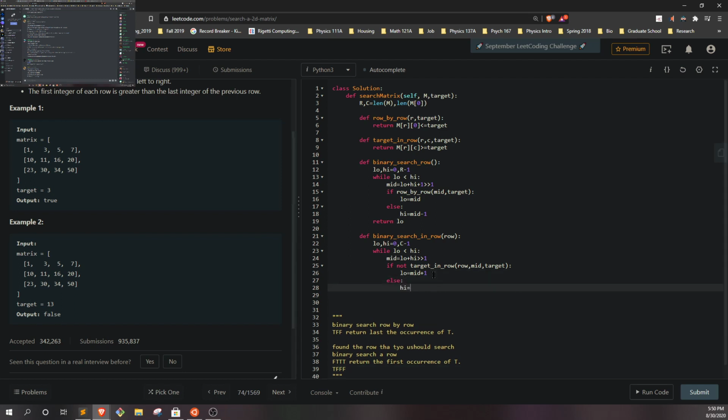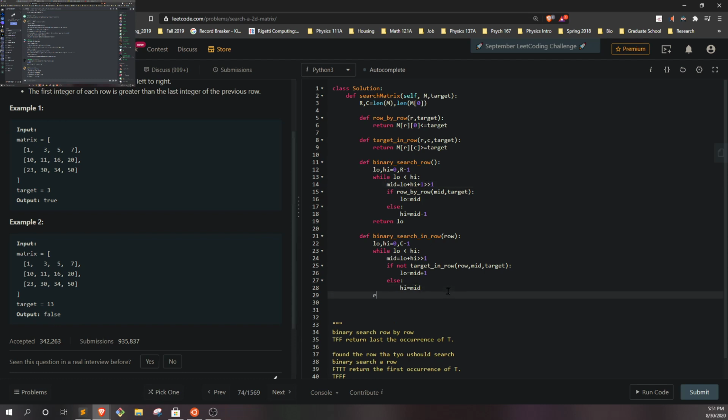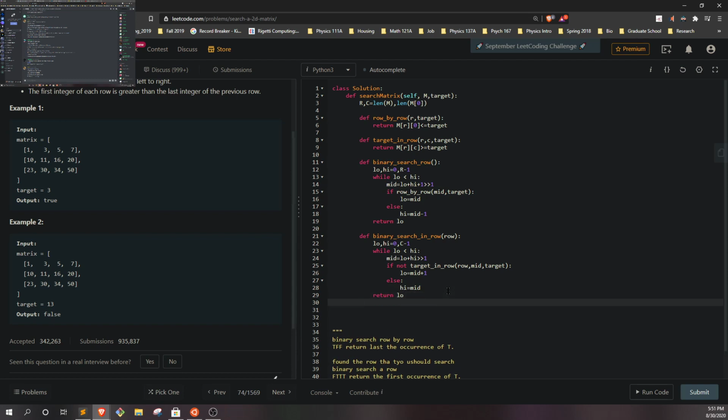So that's where high will be just equal to mid this time. And I think you want to not add 1 here because you always want to prefer the lower value here. Yeah, because you want to return the lower value. Here you want to return... oh yeah, you want to return the lowest possible true. Here you want to return the highest possible true, so you want to prefer the more on the right side, as far as I understand it. But okay, and then return low, and then